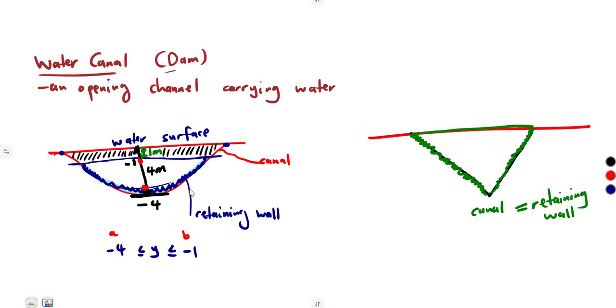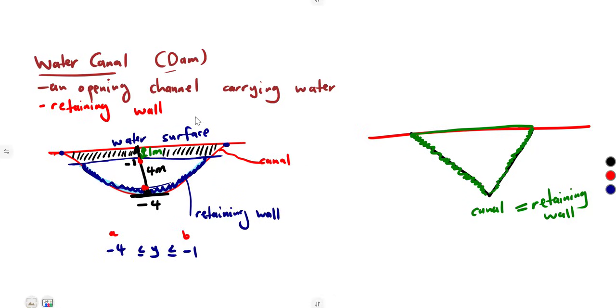-4, which is the height of the canal. Just like that, this is what we have. So like I said, we said the water canal is an opening. What about the retaining wall? The retaining wall,